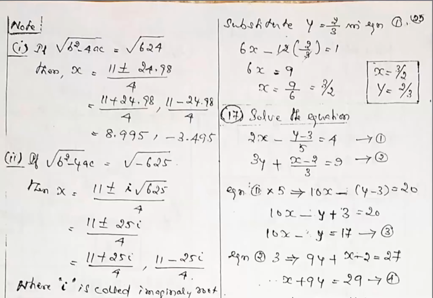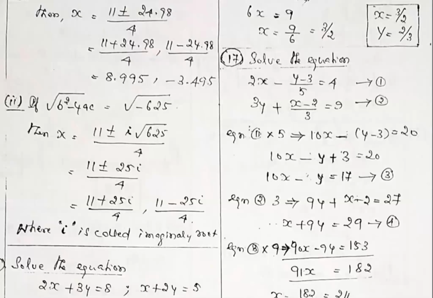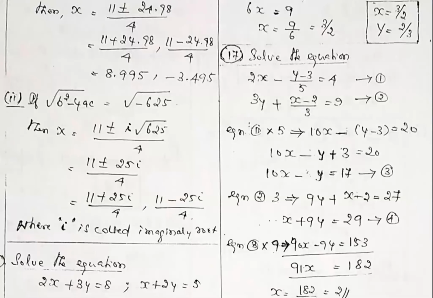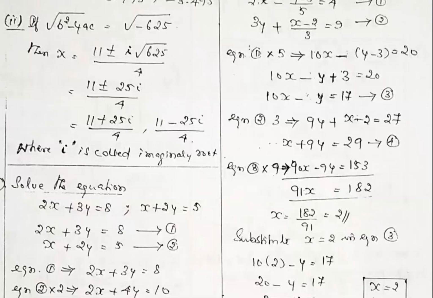Similarly, follow the same procedure in the second equation. Multiplied by 3, you remove the denominator 3. You are getting x plus 9y is equal to 21. Now we compare equations 3 and 4. Normal equations: some x value, some y value is equal to a constant value. Now follow the previous idea. Make the coefficient of the fourth equation multiplied by 9. Make either the x coefficient the same or the y coefficient the same. Here the y coefficient is the same. So you are getting x is equal to 2. Hereafter, the same previous method.